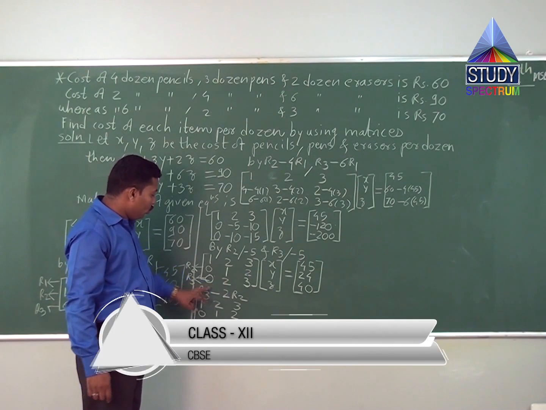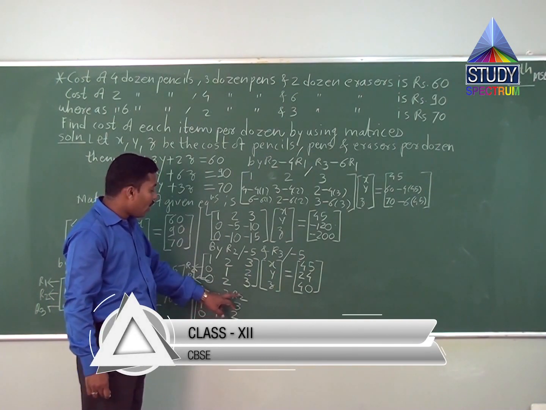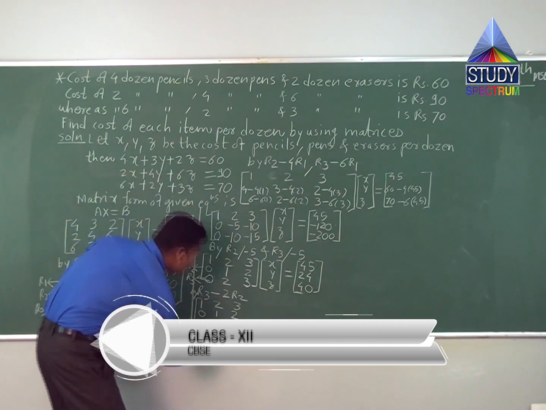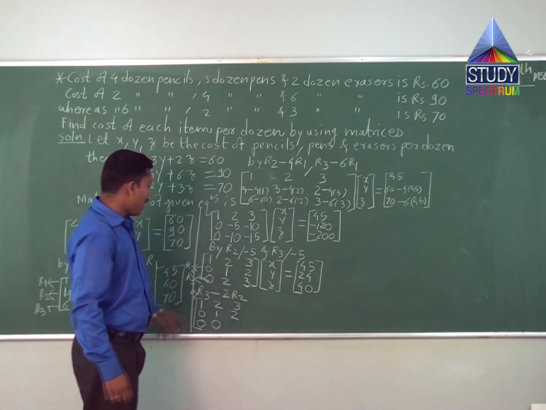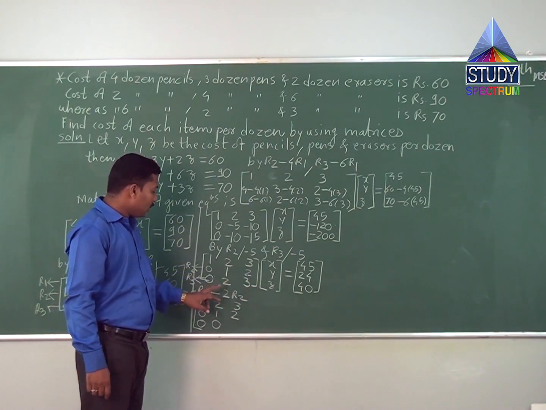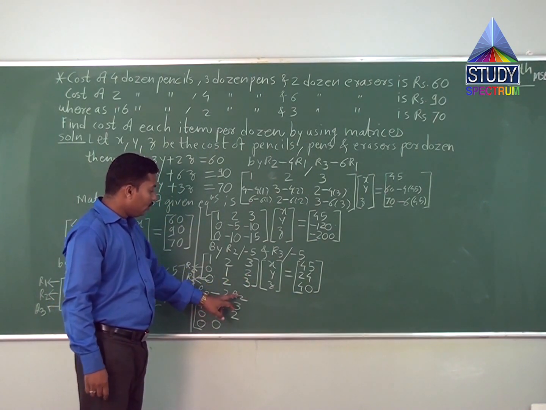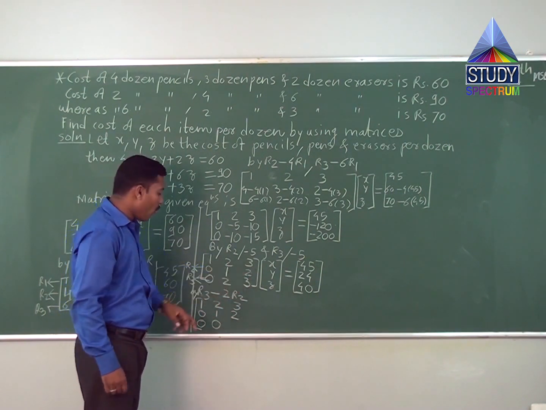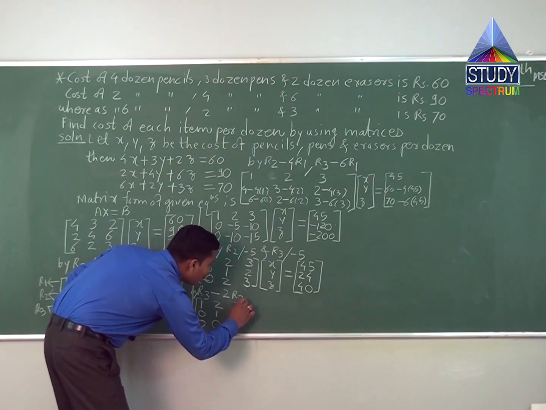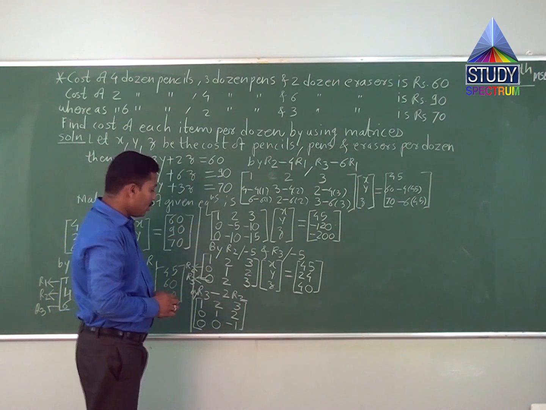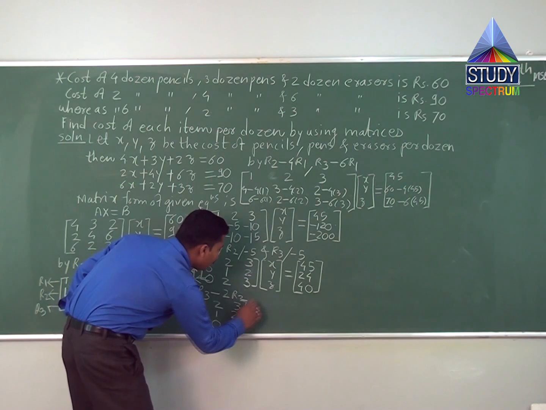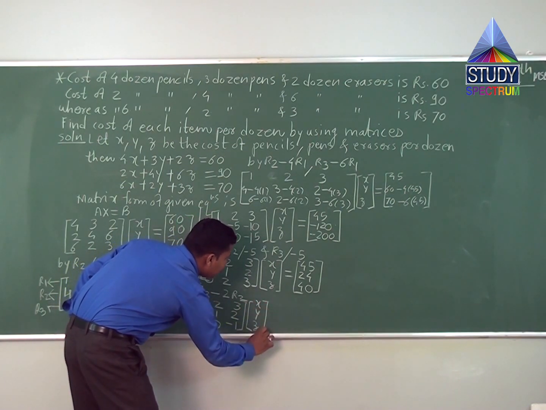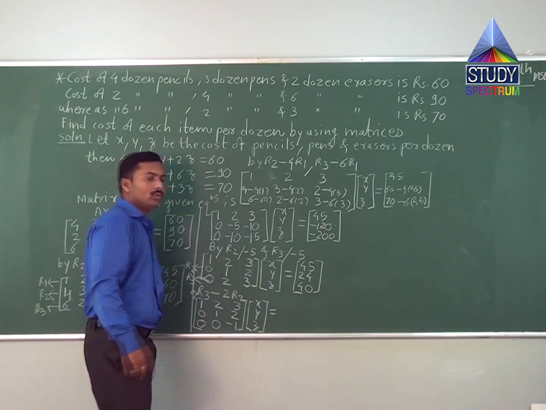R3 again 2, 2 minus 2 into R2, which is 1, 2 into 1 is 2, so 2 minus 2 is 0. Again R3 is 3, 3 minus 2 into R2, which is 2, 2 into 2 is 4, 3 minus 4 is minus 1. Bracket XYZ as it is equal to